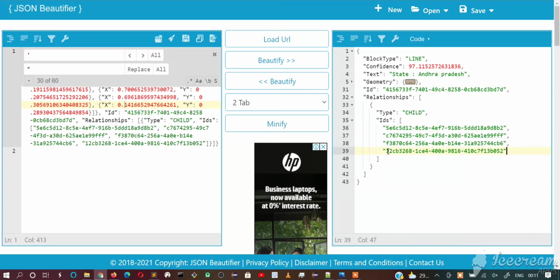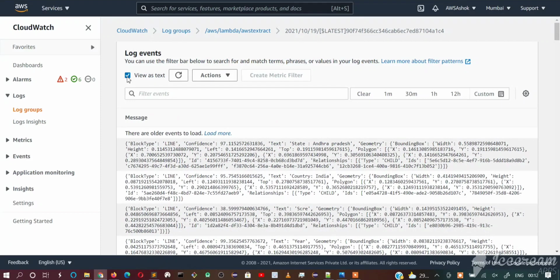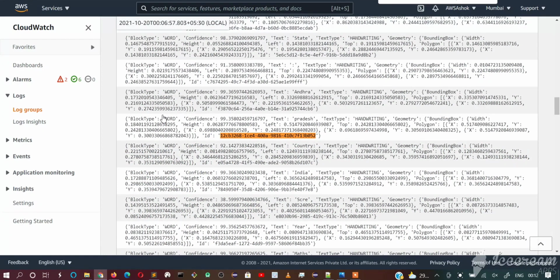If you search with this ID in the response, you will see that its text will be Pradesh. So let's copy this ID and let's search in the logs. Let's go to the CloudWatch logs. Let's view it as text and let's search it now. So this is the block type line, and let's search one more, and this is the block type word.